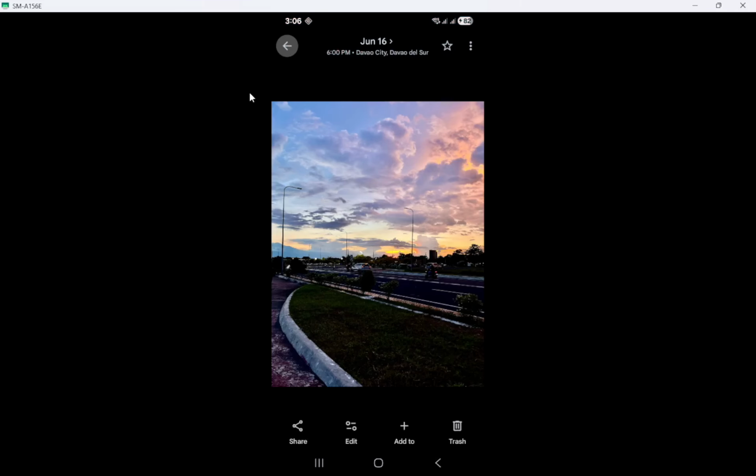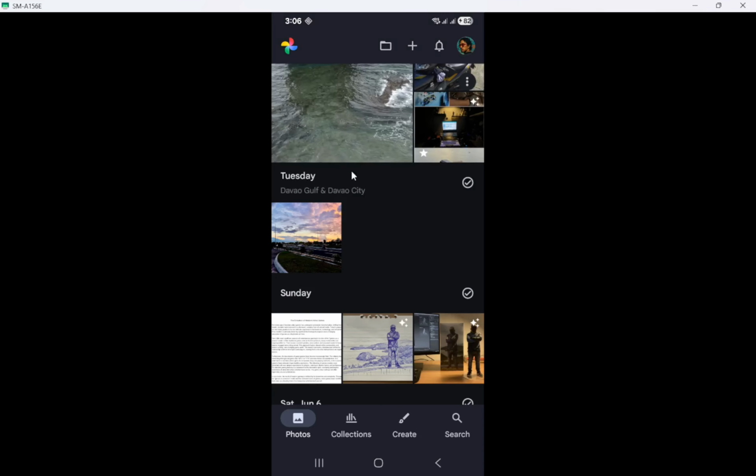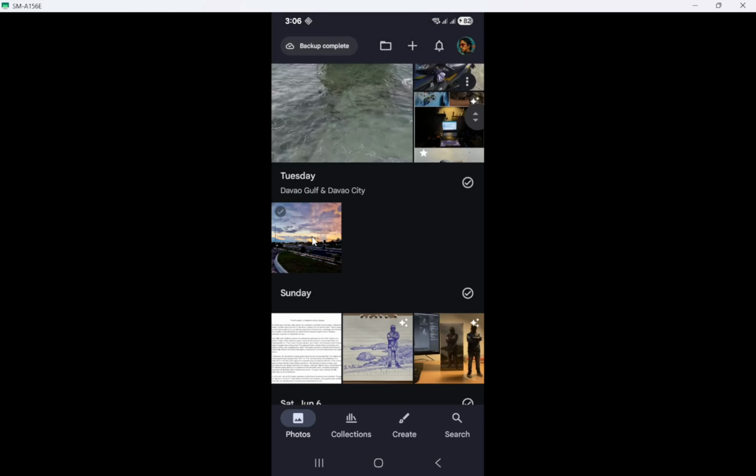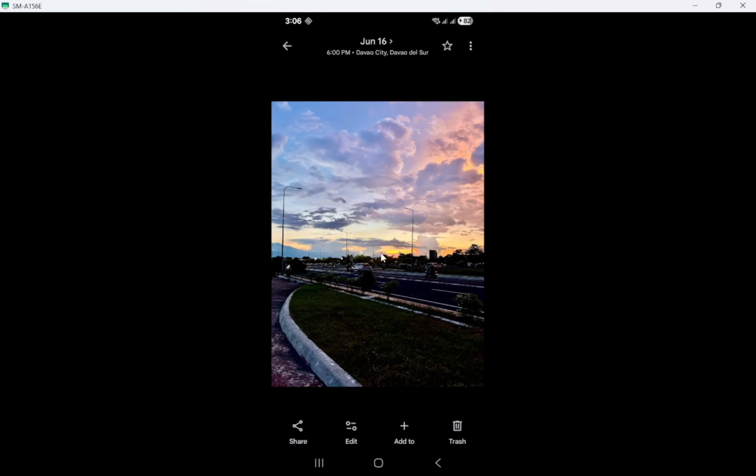First up, let's discuss how you can convert HEIC to PNG using your phone without needing any additional apps. If you're using an Android or iPhone, you can leverage the built-in print trick. Open your HEIC image in Google Photos or the Photos app. Once the image is open, tap on the Share button. From there, select the print option.